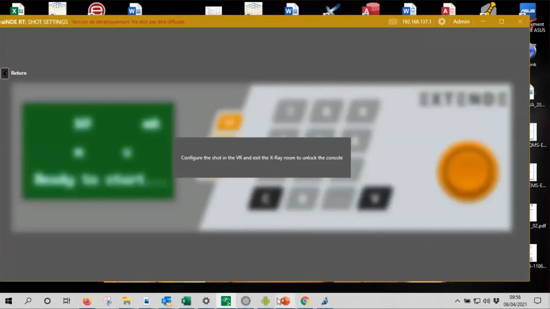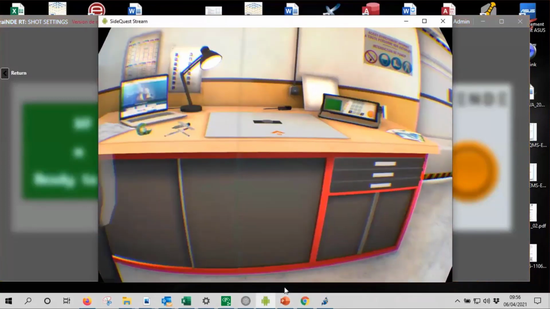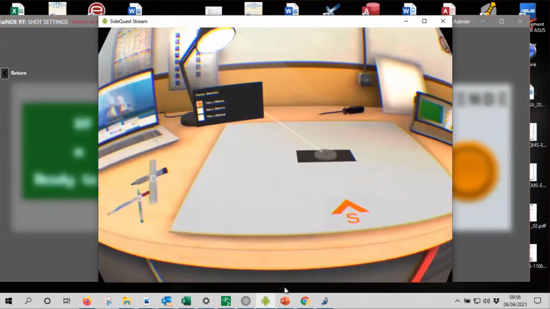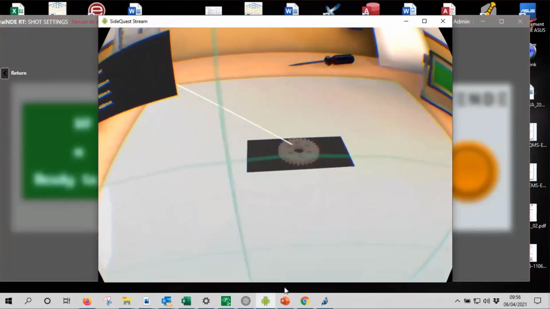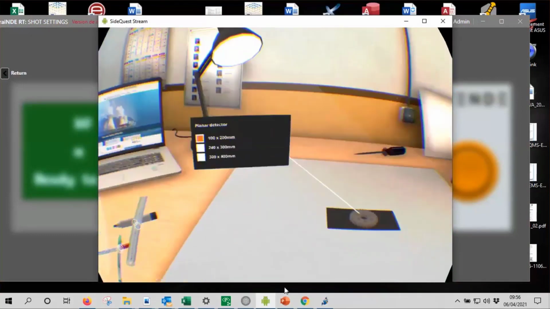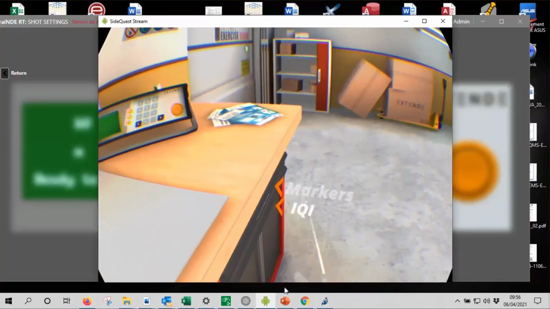Okay, so here we have the gear. Here's the small gear. You can see the component. You can also select the shape of detector. I can put a marker or a QI.